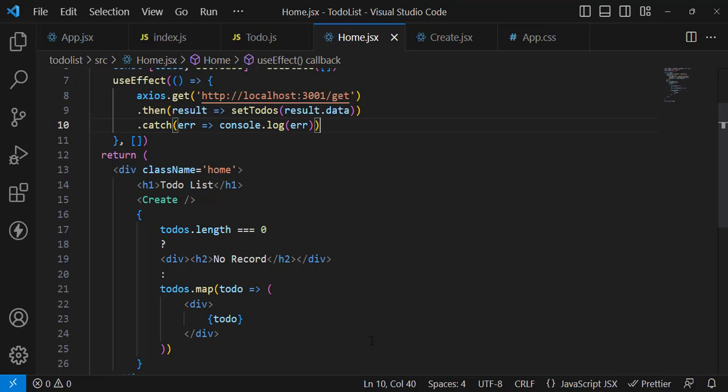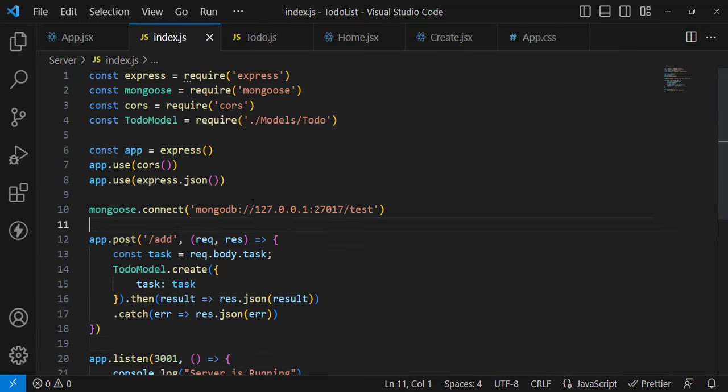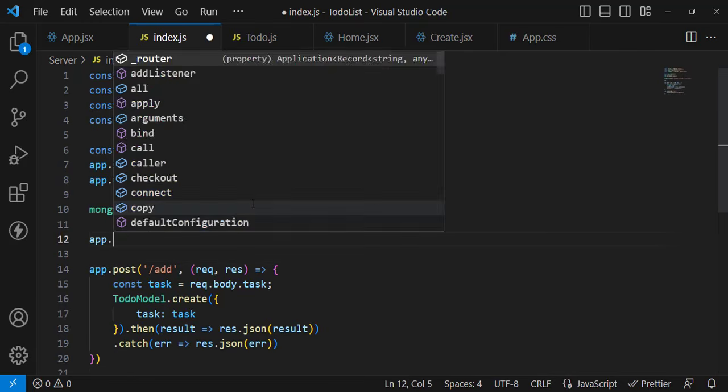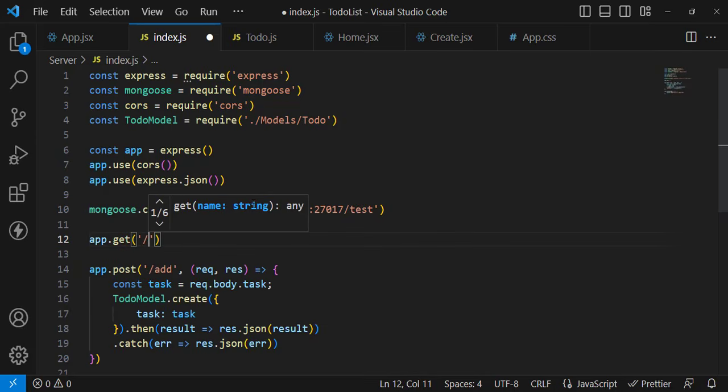Let's check it. Okay, we didn't create this get API. Let's come here and we will create that now. app dot get, / get was our route. We will get a request and a response,